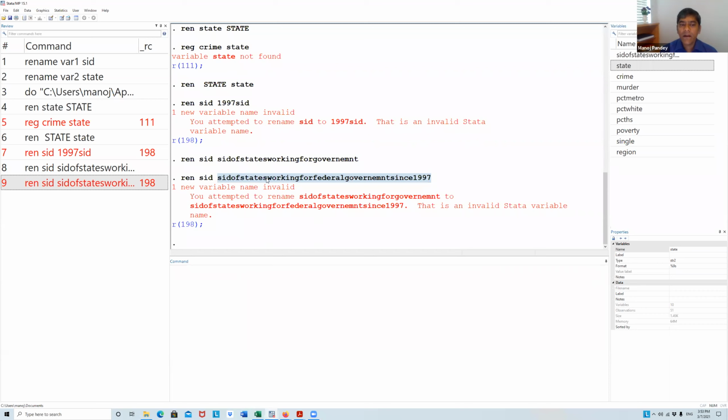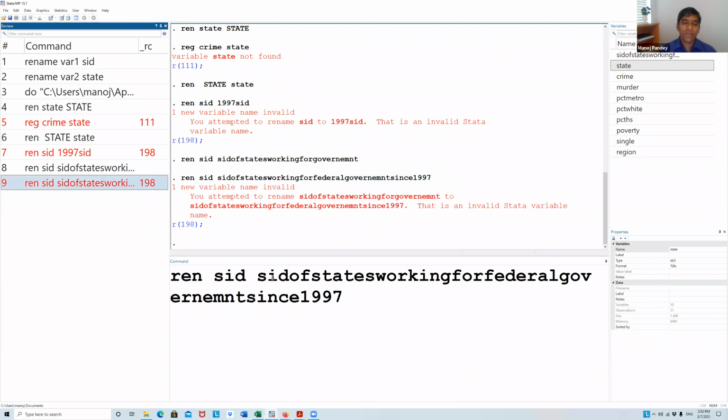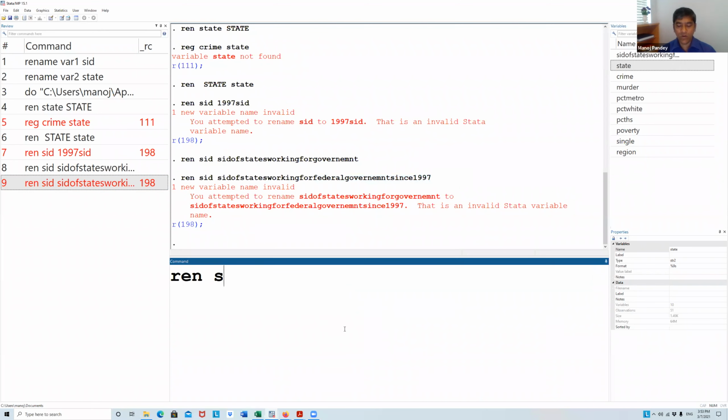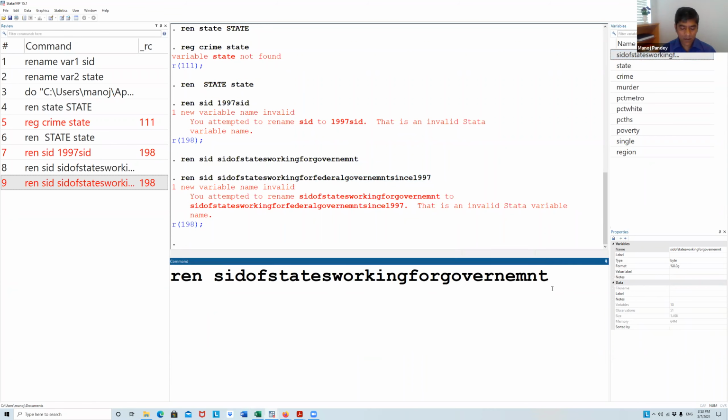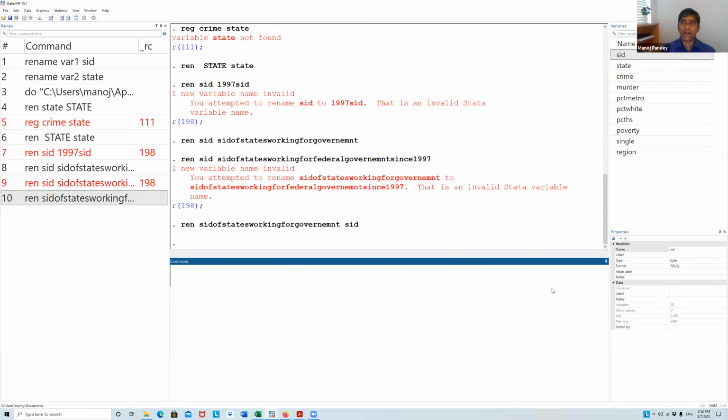Okay. So what we learn here is that if you don't follow those rules, Stata will not accept your variable name. Okay, so rename this again SID. So we are back now. All right, great. So variable name is done.